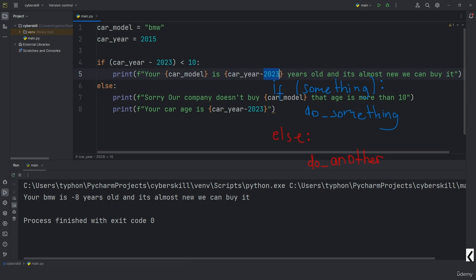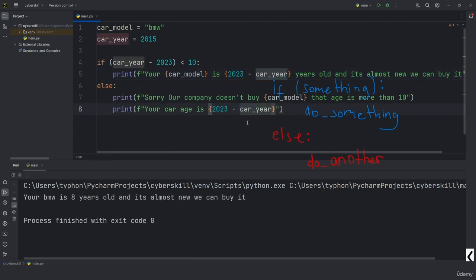Sorry for this. We got the right numbers, but we got negative here. So we need to subtract our car year from 2023. Let's do the same here. And now your BMW is 8 years old and it's almost new. We can buy it. But in else here,